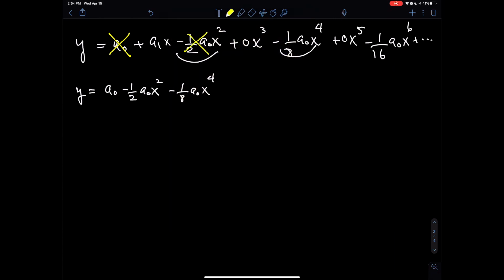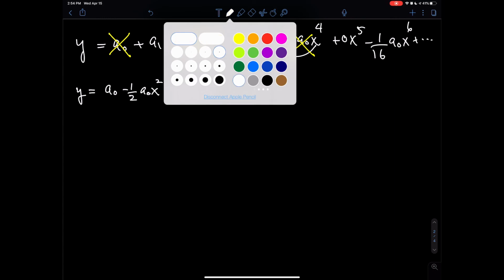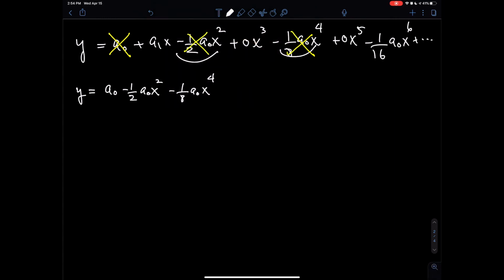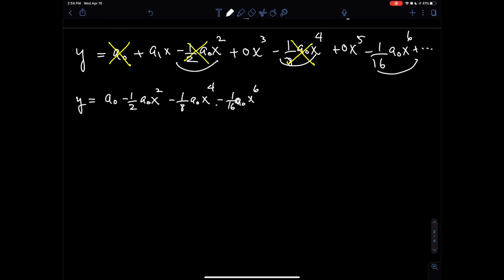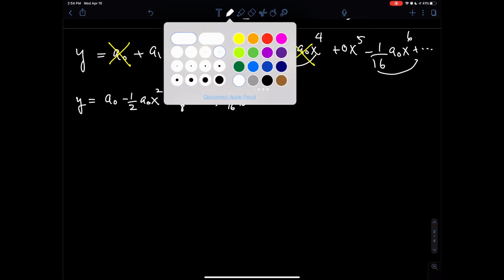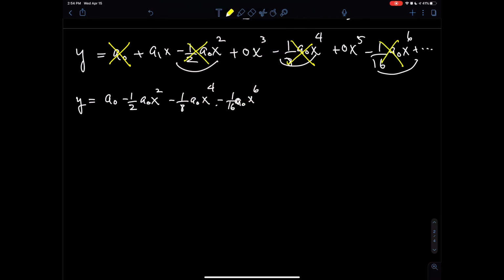And then the other a naught term is minus 1/16 a naught x to the sixth. That's all the terms I have for a naught. Now the rest of the terms are 0 except that one, so you get plus dot dot dot